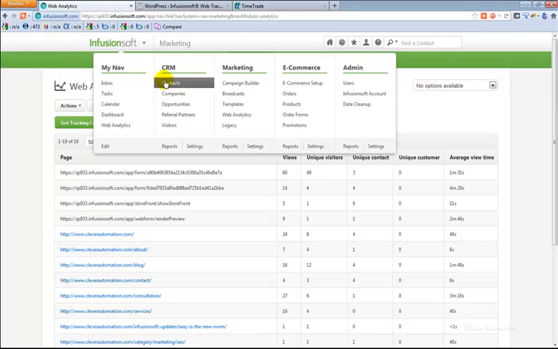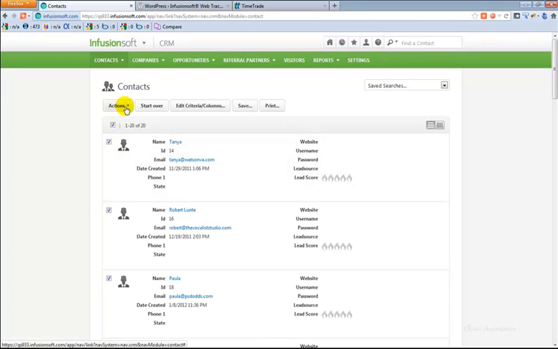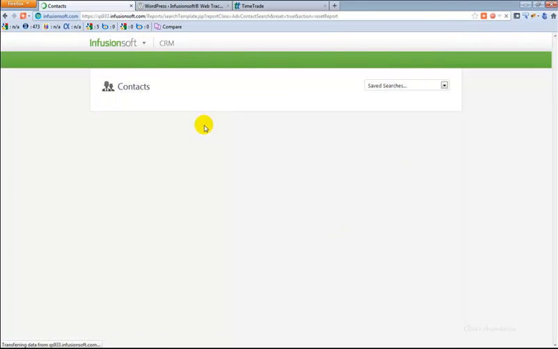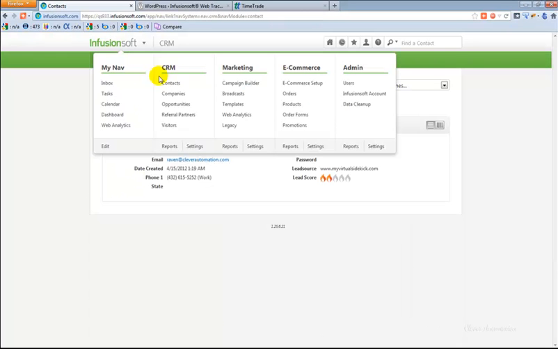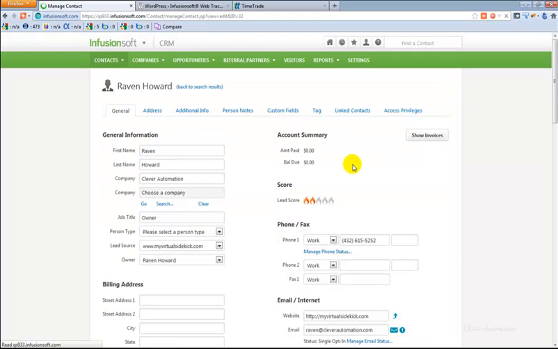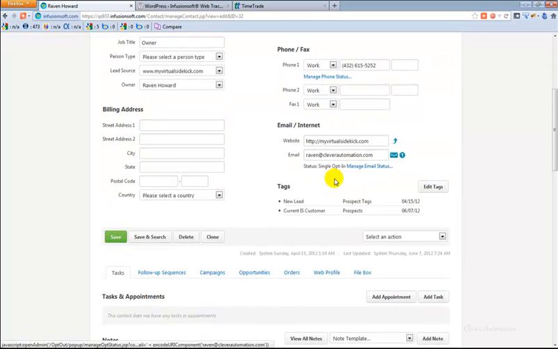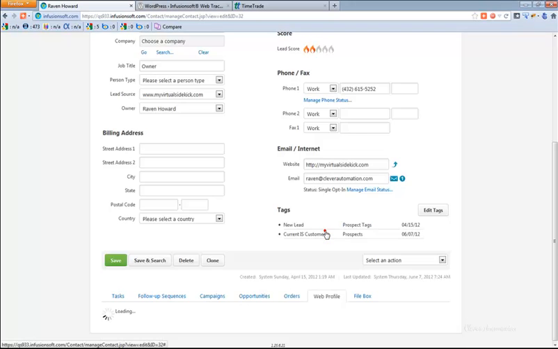So if you come up here to contacts and you go to start over, I guess I could have done it up here, but I always do it right here. So you will see that the Raven Howard record pulls up, and if I click the name, I will see that the tags were applied for filling out that contact record. And right here, if I click web profile,